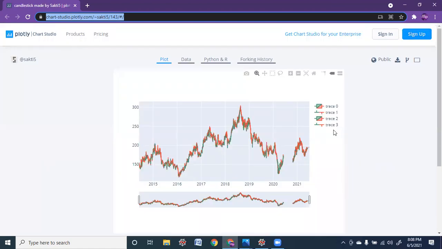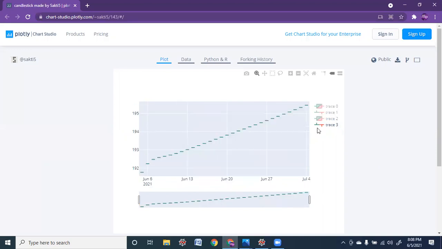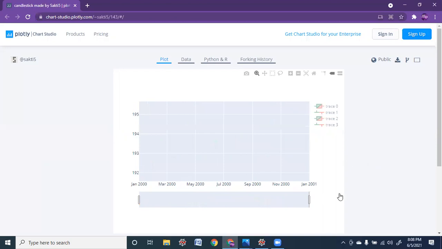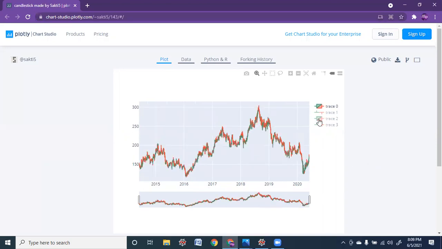Now I'll just explain you. Whenever you just disable the trace one, trace, see, I'll explain you first of all. The trace zero will give you the graph for historical data.